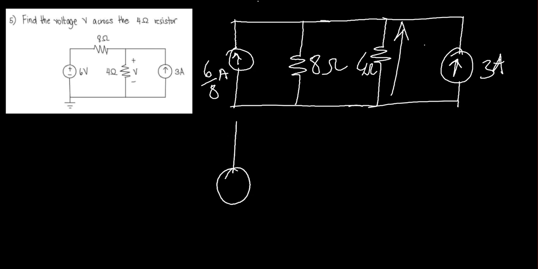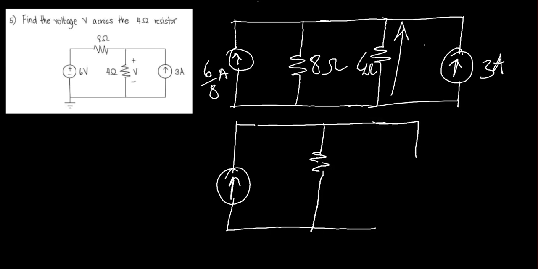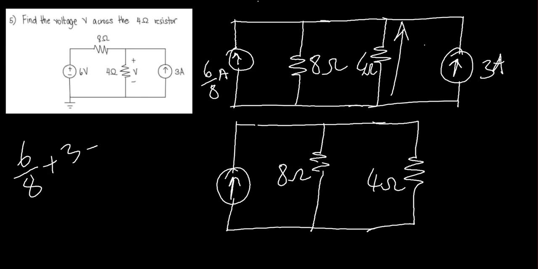So we can write like this. We have the two resistors and this other one here as well, and here is 4 ohms, here is 8 ohms, and this current will be 6 on 8 plus 3, which is going to give, let's say, 3 times 8 plus 6 divided by 8, which gives me 3.75 amps. Okay, we discover that when we reach this junction, let's say we have a junction A here,